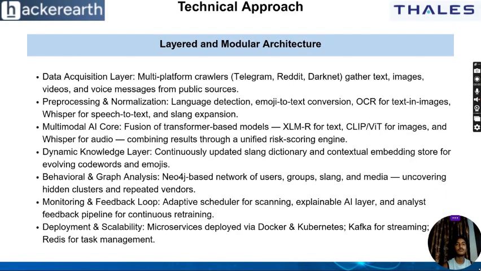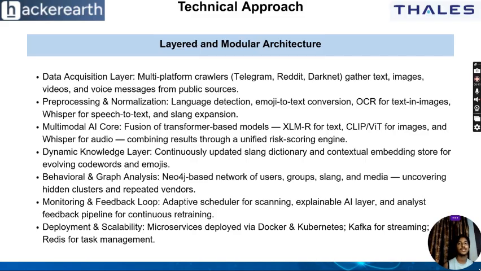Its technical approach is built around modular, scalable, and adaptive intelligence layers, ensuring the system can evolve alongside criminal communication patterns. It employs distributed crawlers built with Telethon and Scrapy to continuously monitor multiple platforms. It collects messages, attachments, and metadata in real time while maintaining respect for legal access boundaries. The collected data is standardized. Language detection in English or Hindi ensures proper routing, while slang normalization and emoji interpretation make text understandable for models. OCR extracts hidden text from images and Whisper transcribes voice notes into searchable text.